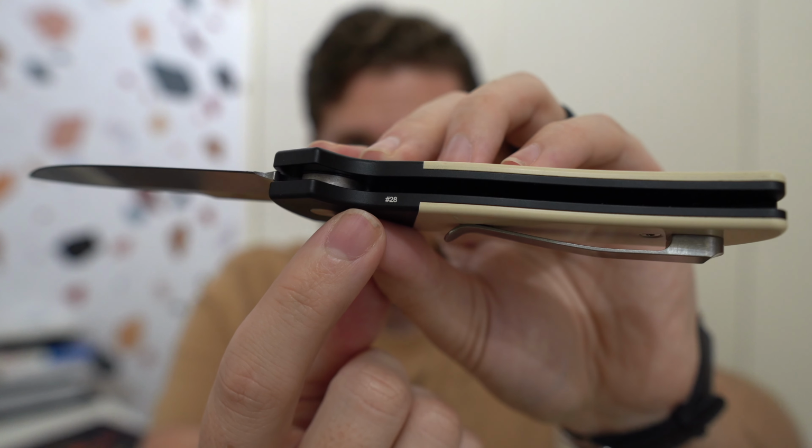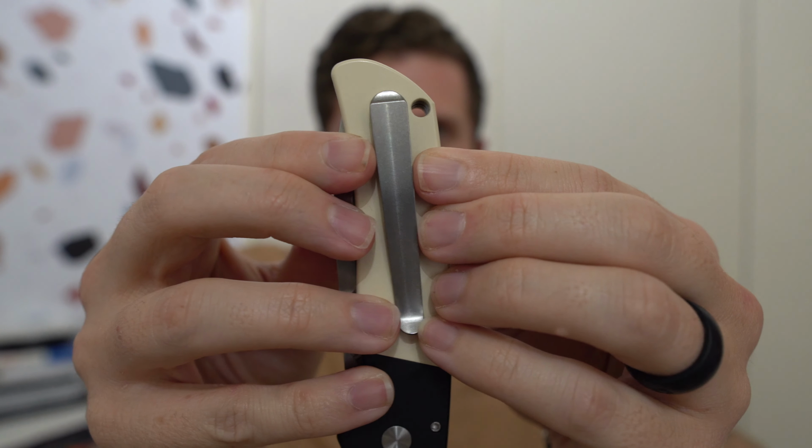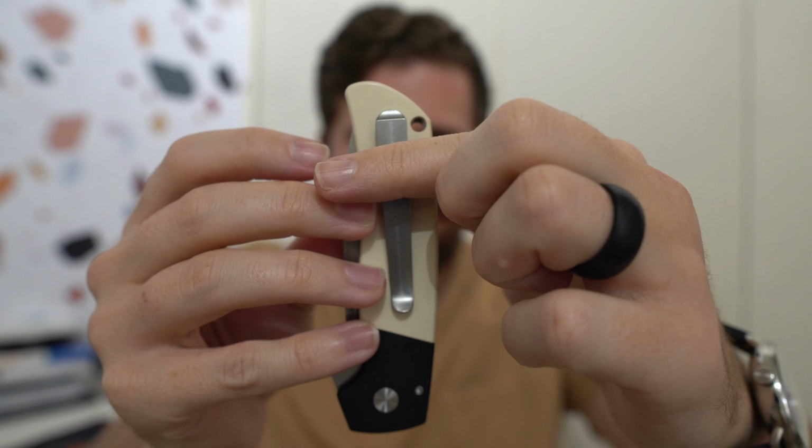I'm not sure how big this first run is. Not going to be deep carry at all. These milled titanium clip ones, I mean, doesn't really seem like that would be the vibe anyways. Plus, I can't think of any Terzoula knives that I've seen off the top of my head that have deep carry clips on them. I don't think that's really a Terzoula thing, but oh man, yeah, this feels really good